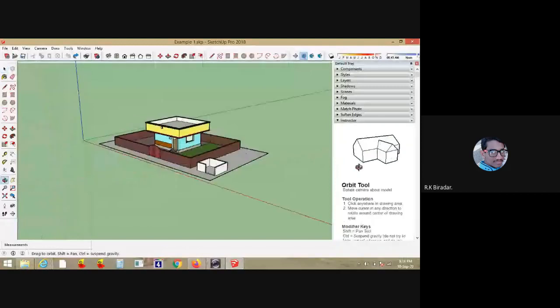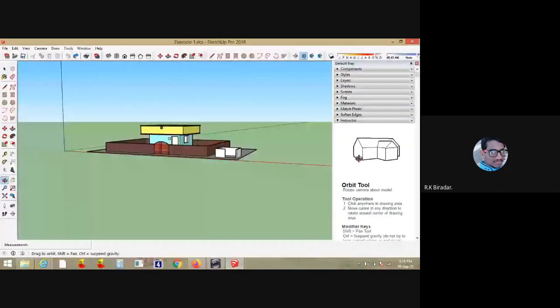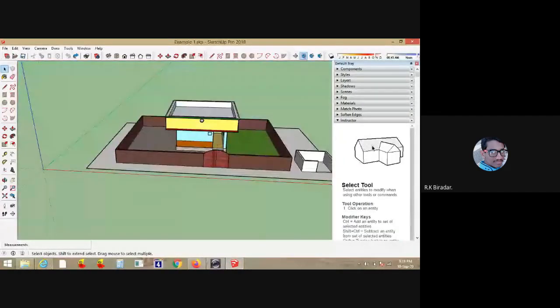I'll continue it afterwards, for this command, particularly this section plane.